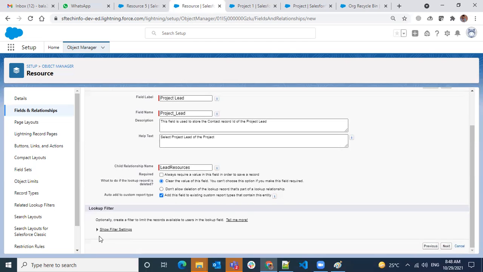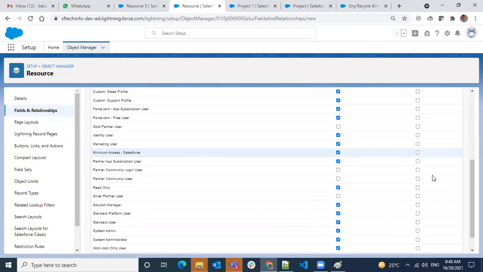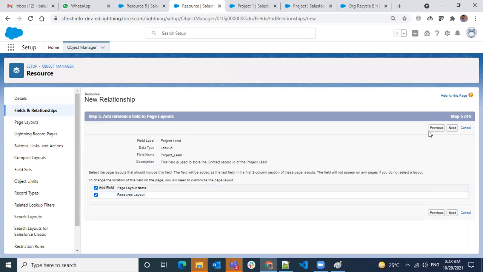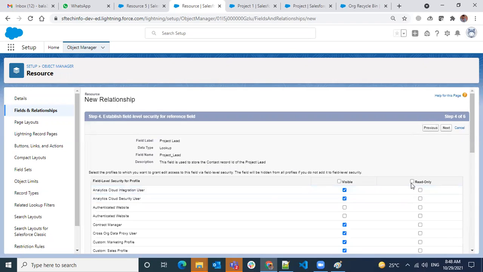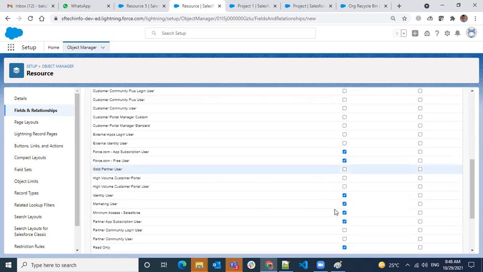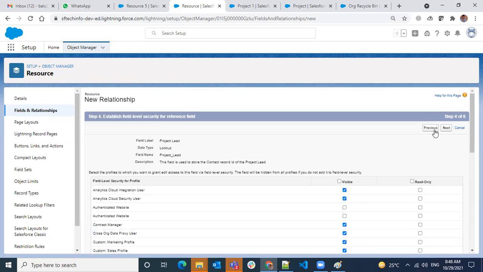And we have the lookup filter here also. If we want to select only specific values, then we can apply the filter over here. Okay, moving on to the next, and you have all those values, so there is no restriction here. See, previously when we created master detail relationships, it would always be checked and we didn't have control, but it's not like that. It's optional, so we have full control on this.